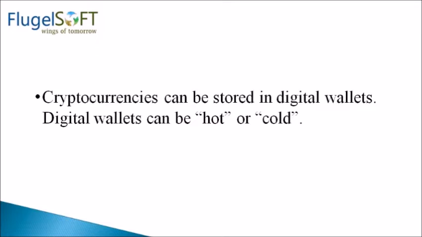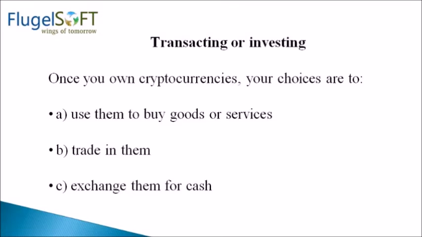Then number three, transacting or investing. Cryptocurrencies like Bitcoins can be easily transferred from one digital wallet to another using only a smartphone. Once you own them, your choices are to A. Use them to buy goods or services, B. Trade in them, and